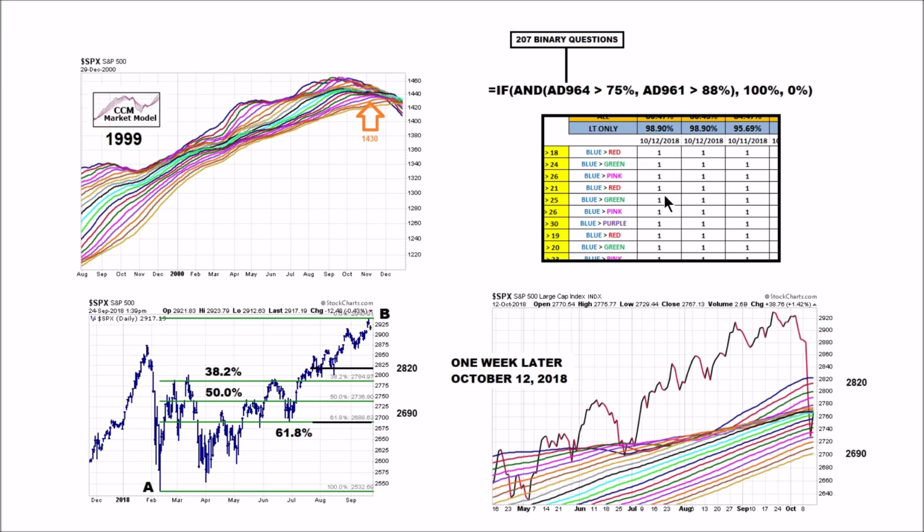Why do we like to do it that way? Because it forces us to look at the charts, which is important. If you build a black box, number one, you'll forget what's in the black box. And number two, the visual evidence, as we show in these videos, is powerful. The numerical evidence allows us to track a significant amount of information and do so in a way that we're not overwhelmed and confused. We can boil it down to one number, and that number can help us make prudent